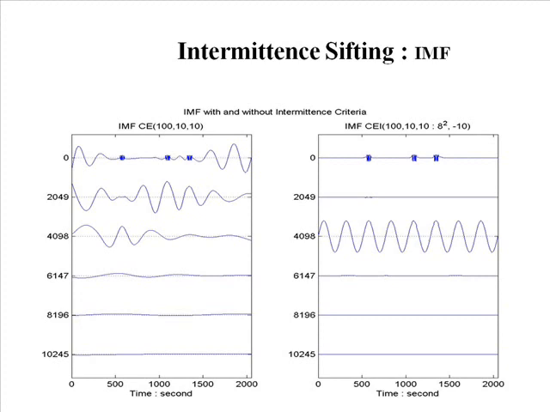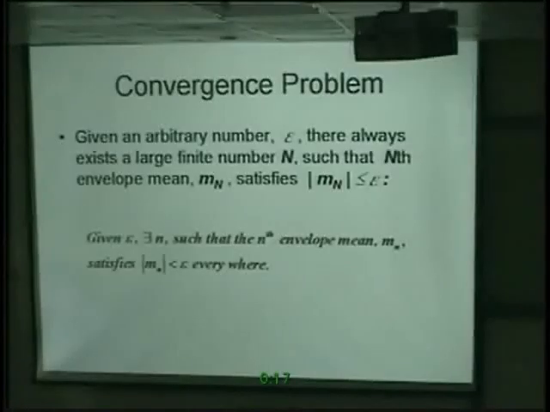Is all right. Even if I still have this large wave, one is the envelope mean. The third one is the difference. Now this one means that you can choose any small epsilon you want, as small as you want. Then I'll always have an n step. I can try 1 time, try 2 times, try 100 times, 1,000 times. If you choose this epsilon too small, so small, then I will go very, very big n. But that n is not infinite. Okay, the finite number n, such that this mn is less than epsilon everywhere.